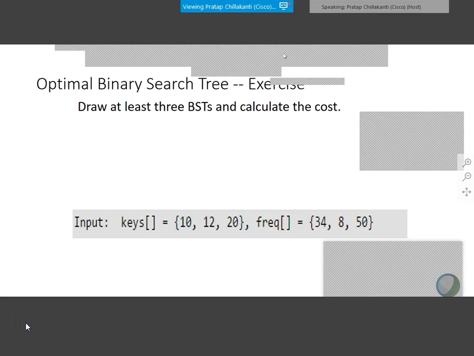Okay. And then I defined how you compute the cost. Correct? So where is that? Let me check where you compute the cost. Give me a second.